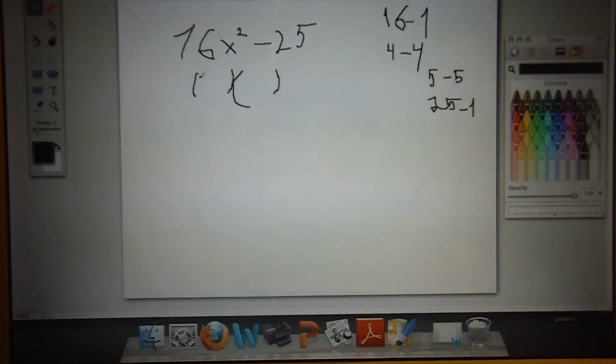So I'll just start with 4 and 4. 4x times 4x. Now you see, this is one that's deceptive, so plus and minus. Now we need to see, well, what multiples of 25, when they're added, with negative 25, which multiples will give you 0x? Will give you 0x, because